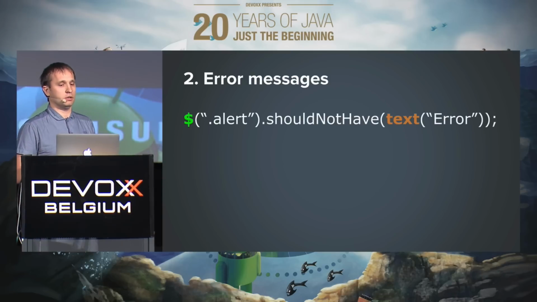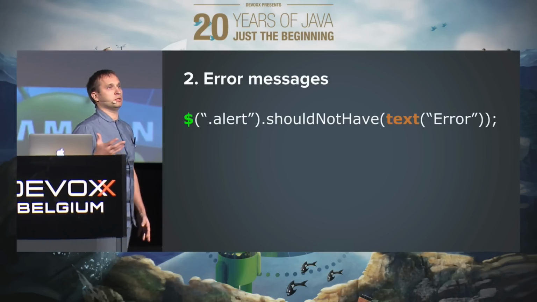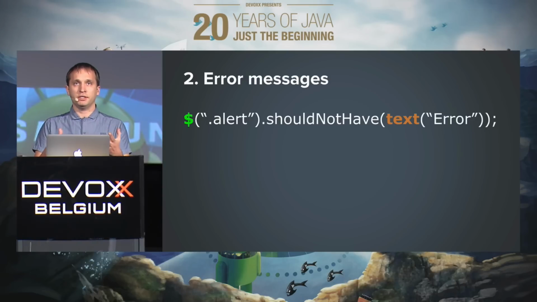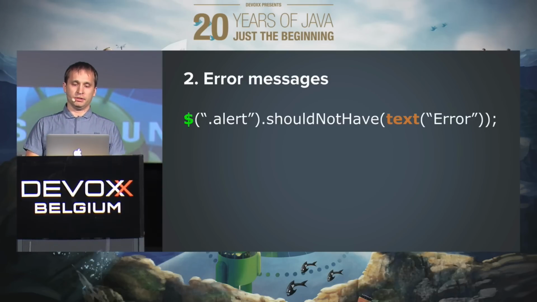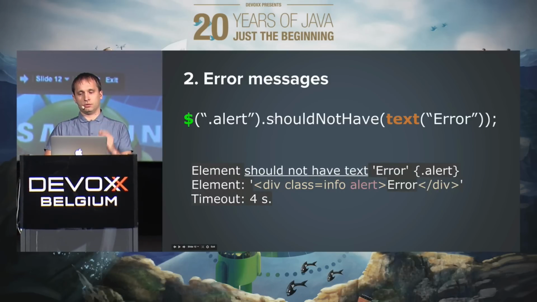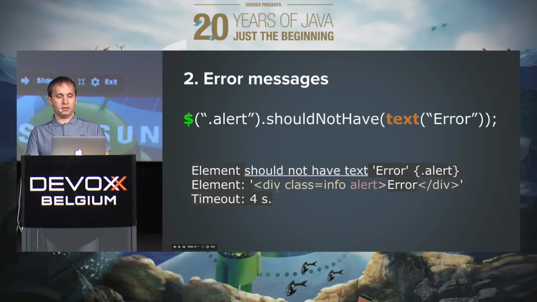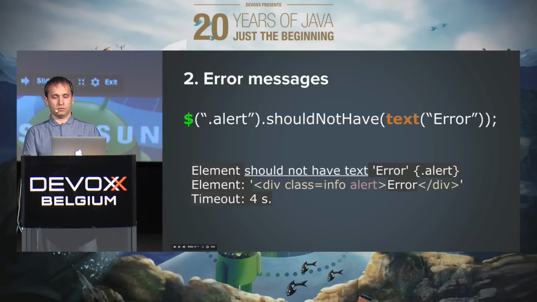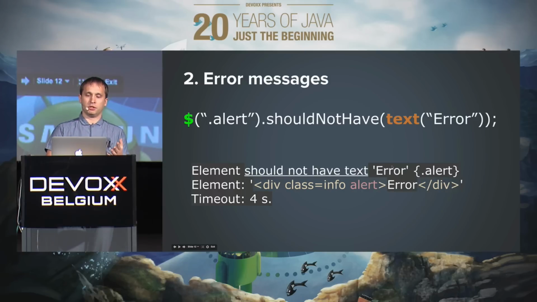Error messages. We try to make error messaging very readable, so it would be very easy to understand, if a test fails, why it failed. So, for example, if you write such a line in your test, like some element should not have text, and if this test fails, Selenide will report like this text. This is very readable. It's very clear which element, what we expected, and what we actually got,